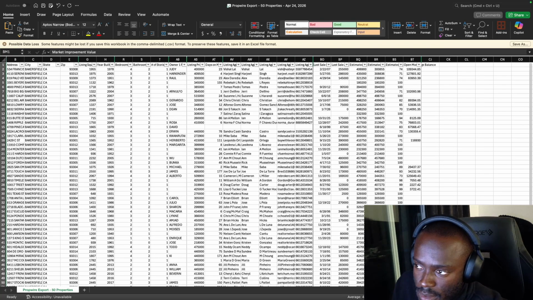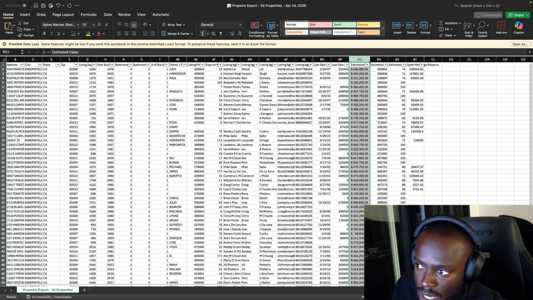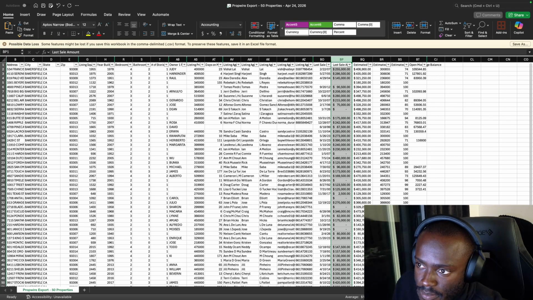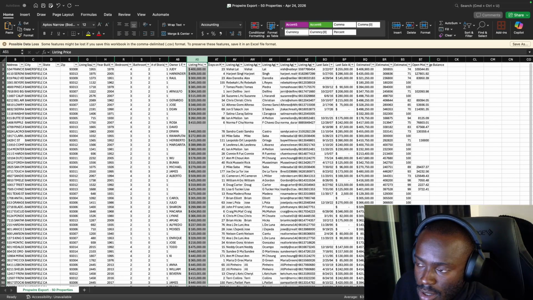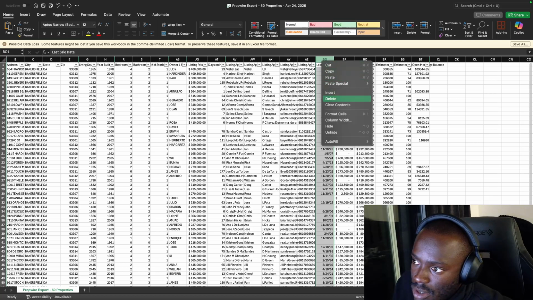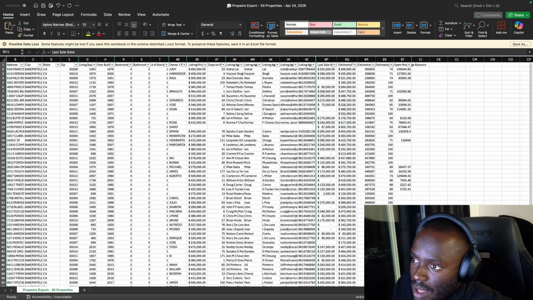We want to put this in dollar amount, this in dollar amount as well, the listing price in dollar amount. Do we want to know the date it was last sold? No. So we're hiding that.